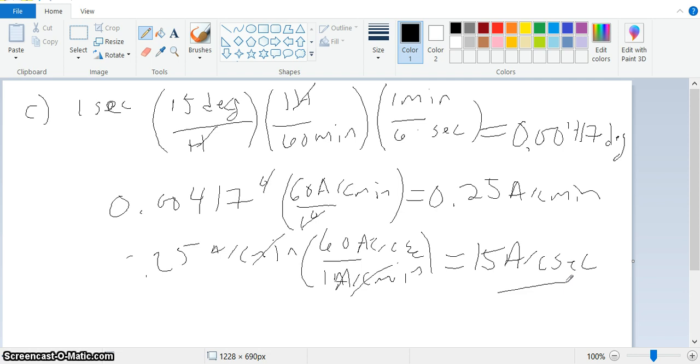So remember, that's in a time of 1 second, the moon, or the whole sky really, moves 15 arc seconds. Okay, just to let you know, the human eye, I know I already mentioned this, but for example, 0.25 arc minutes is smaller than the human eye can detect without binoculars or even better, a telescope. But even with a small telescope, you can see down to 15 arc seconds. That's actually very, very easy to do. All right, I'll see you in the next